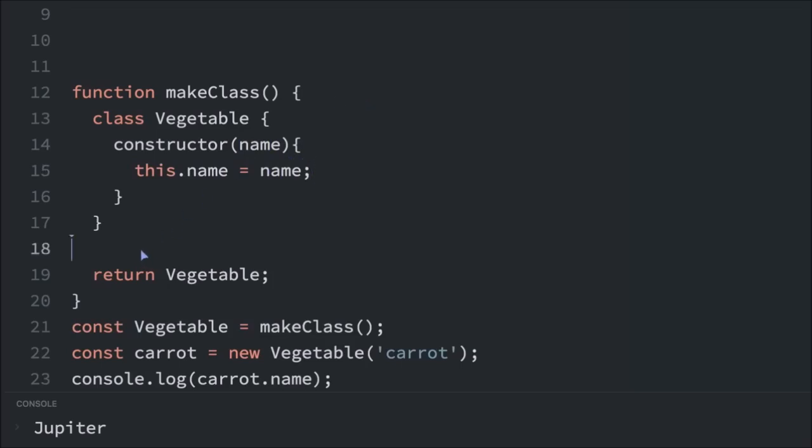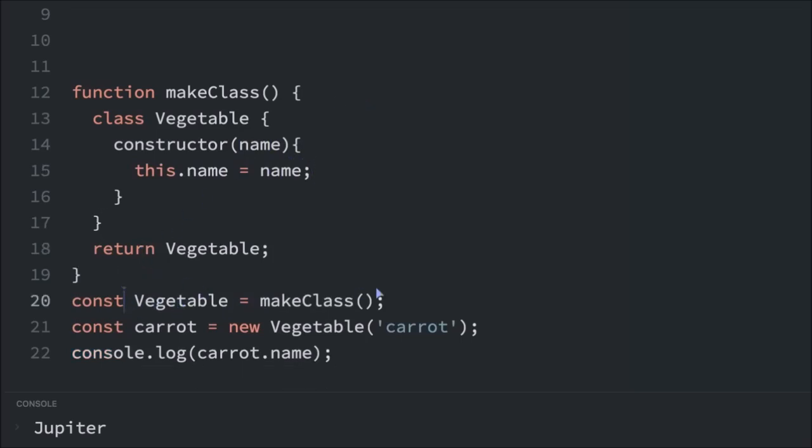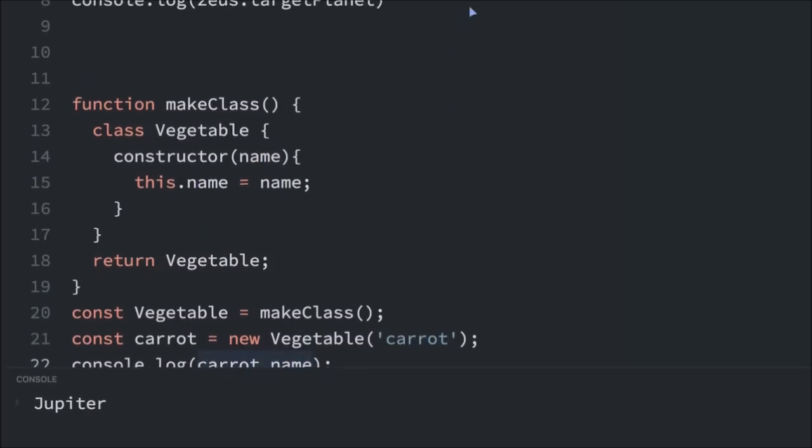So now that we have this, we can set this vegetable to make class, which will return a vegetable class that's up here. And then when we do new vegetable and passing carrot, this carrot will go into here and it'll get set as this.name. So when we console.log carrot.name, we should get